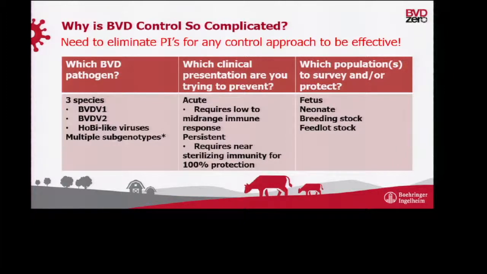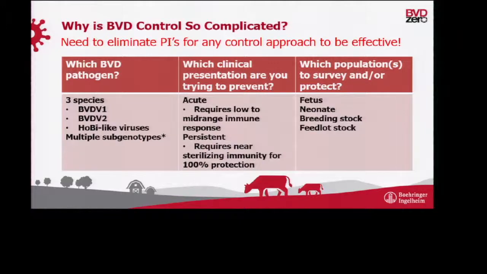So which clinical presentation? Do you want to detect acute infections, or do you want to detect persistent infections? Most of the time for detection, we're trying to go with persistent. There's always that nagging problem: is that a persistently infected animal, or is that an acutely infected animal? This animal needs to be eliminated. This animal needs to be allowed to recover. The standard has been 2 positive tests, at least 2 weeks apart, to establish persistent infection. And once again, that's in the perfect world, that's how it would be done. Frequently in the field, it's just 1 positive test.